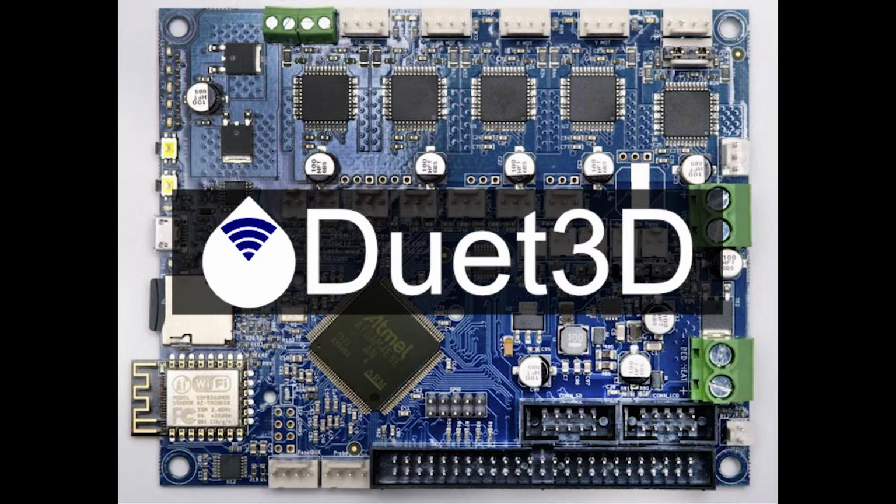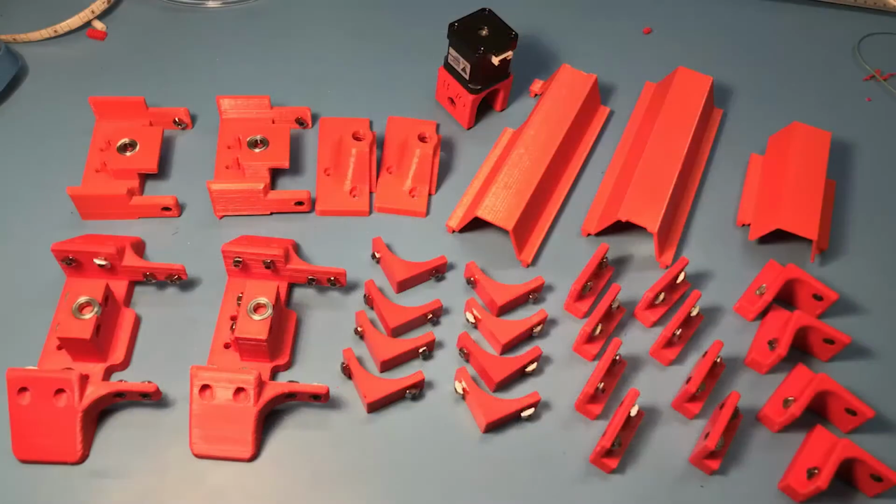So for obvious reasons, I'm not going to be able to work on the control box in this video, and since I don't have a functional 3D printer, I'm not going to be able to print anything either. If you can remember from, I think it was 2 videos ago, I printed quite a bit of parts for relocating the Z-belt to the top of the printer, which is what we will work on today, which involves actually dismantling the entire 3D printer and rebuilding it again, which will take quite a bit of time, but